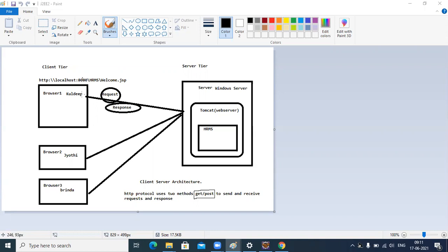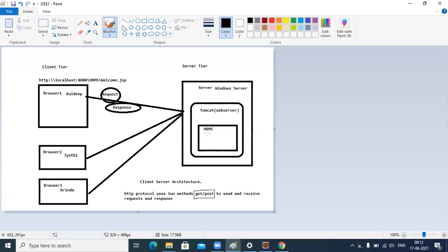so here it is a client. We are talking about different applications from different devices like laptop, desktop, browsers, Chrome, Explorer, different applications which are connected to the application, which sends a request to the server application on the server tier. Server can be, let's say, Windows server or IBM mainframe, etc., where you are supposed to host your application.